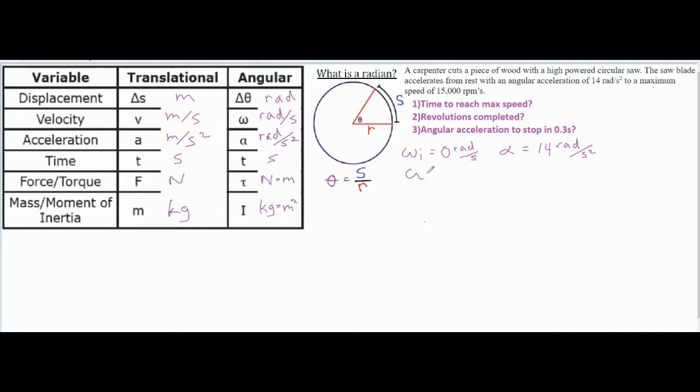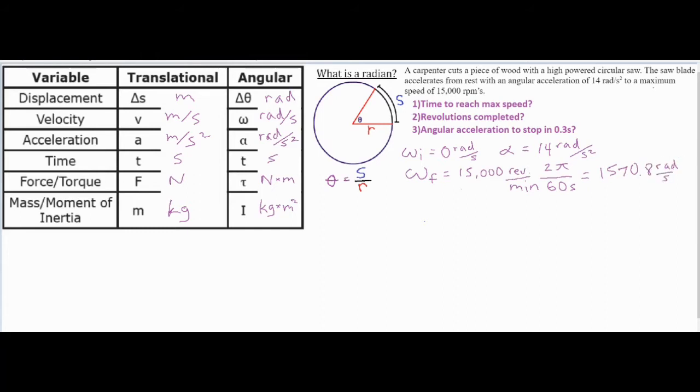So it is our omega f, our final angular velocity, but it's not in the unit that we want it in, because we want it in radians per second. That's the standard unit. So we're going to take that 15,000 revolutions per minute and do a little conversion. Each of those revolutions is 2 pi, as mentioned before, and each of those minutes is 60 seconds. If you take 15,000 times 2 pi, divided by 60 seconds, you get a number that is 1,570.8